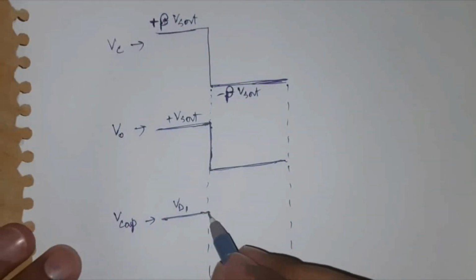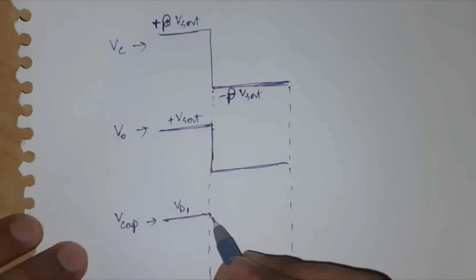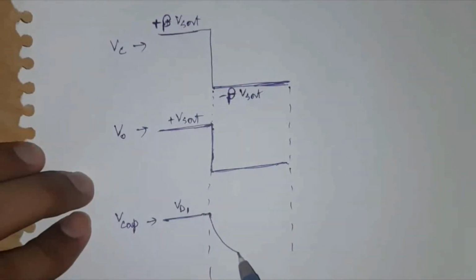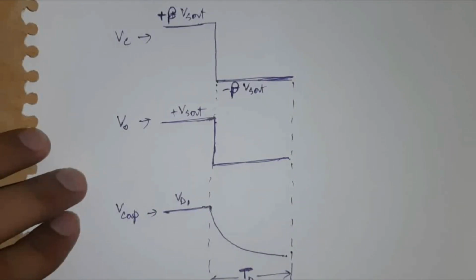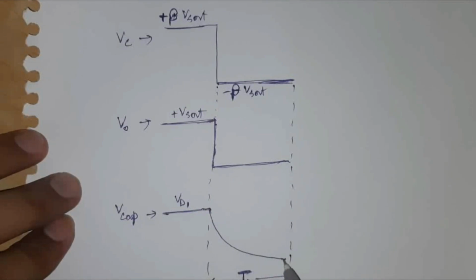So we will show it by this curve. So when does it stop? Let us denote it by the time. It is a kind of discharge, so we are denoting this as TD, time. Now, when this decrease has to stop,